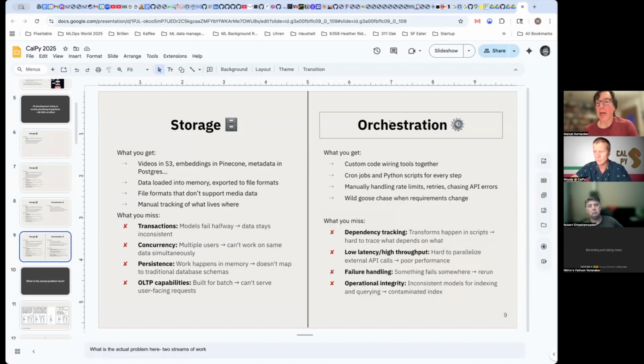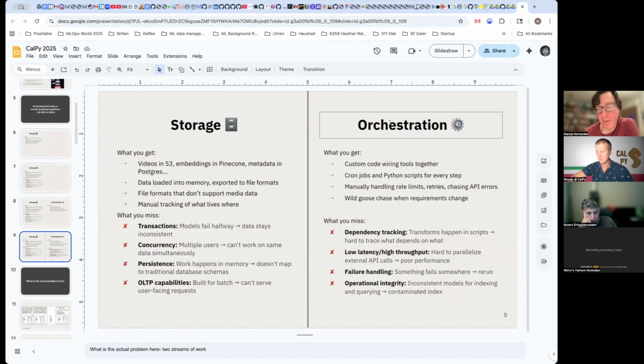So here, when you're doing this manual orchestration via scripts, what you don't have is the ability to track what depends on what and maybe see intermediate outputs. If you want minimum latency and maximum throughput, you have to put a lot of effort into parallelizing calls, in particular to external endpoints and so forth. You need to do failure handling and maybe store the error conditions you got so you can retry later.